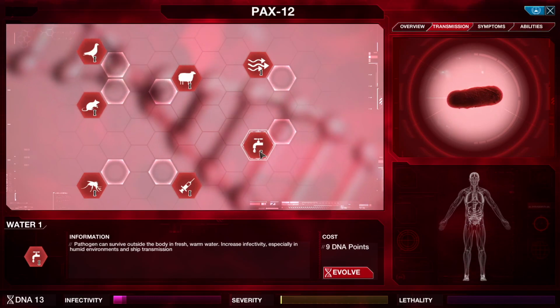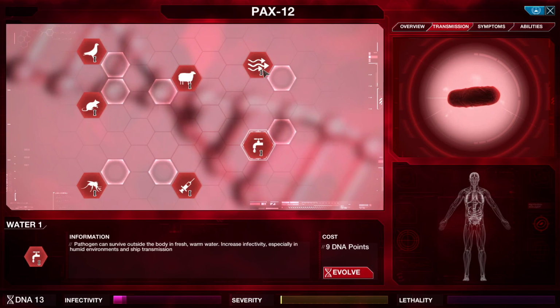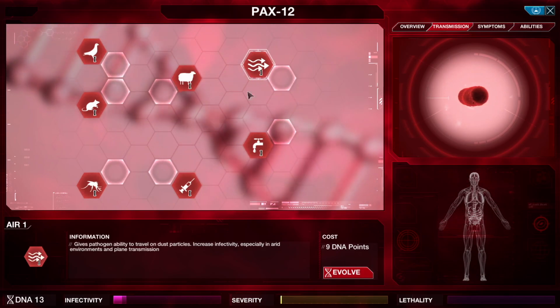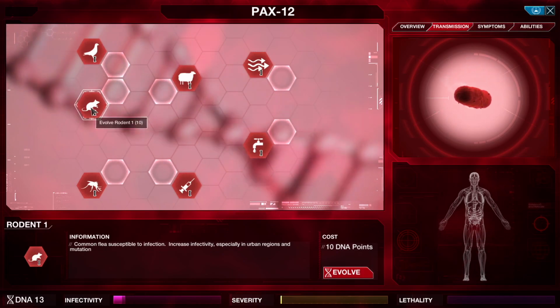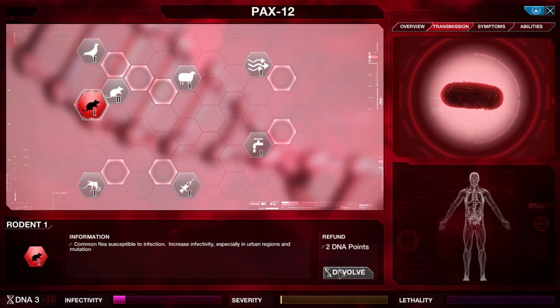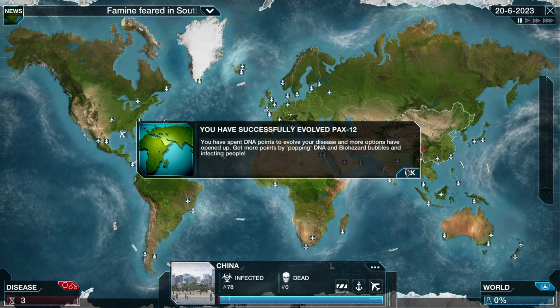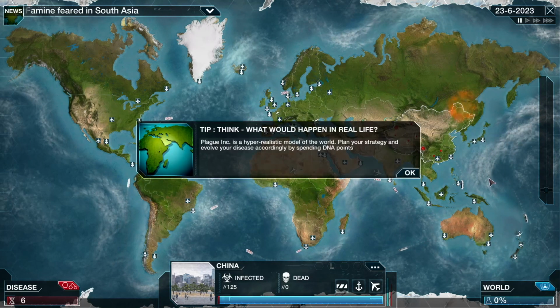So that can survive outside the body in fresh warm water. So that's humid and ship transmission. That's for arid climates and plane transmission. So they're kind of opposite each other there. I think rats is urban. That costs 10 points, so we'll evolve that. That'll make us more infectious in urban environments. There we go. And we just got to make sure...